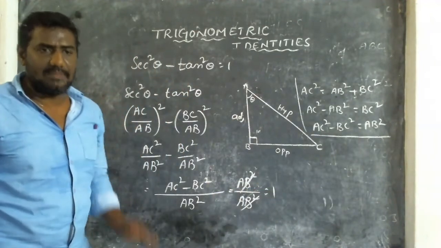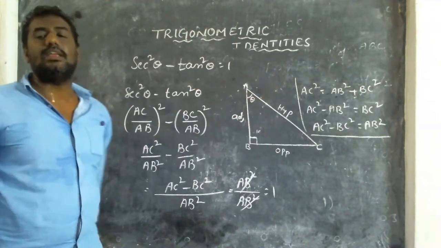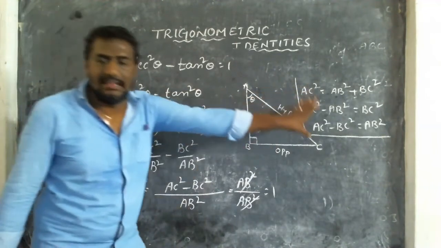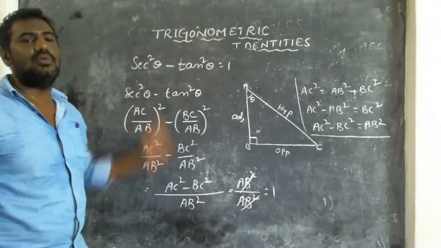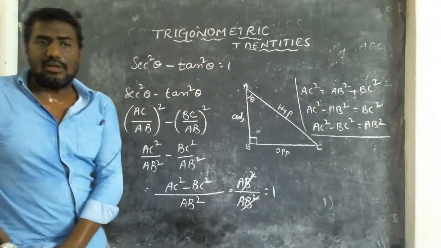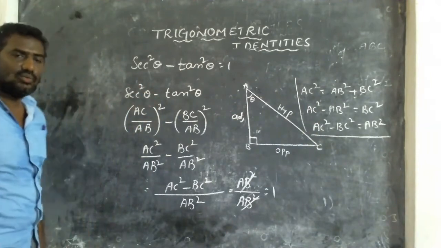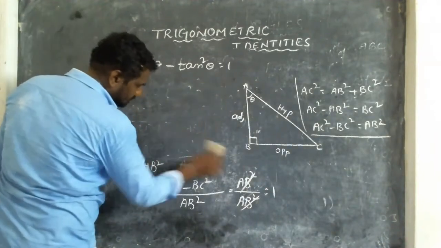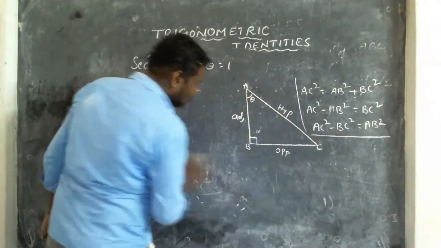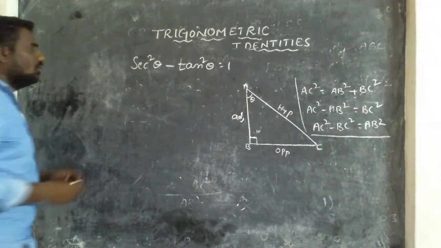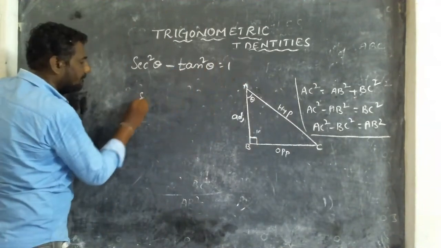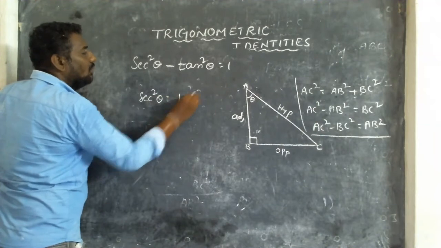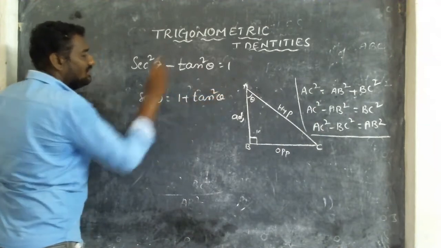So in examination, whatever proof they may be asking you, you write the three relations and keep them ready, along with the first, whatever they ask you to put. Okay, children. Again, from this relation, we can derive two more formulas. What are the two more formulas? First you send minus tan square to the other side: sec square theta equals 1 plus tan square theta.